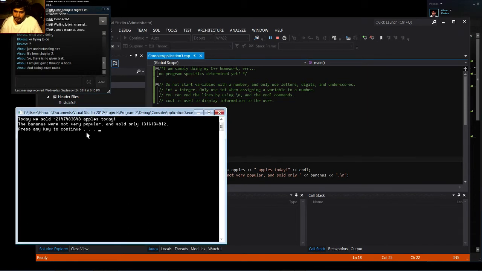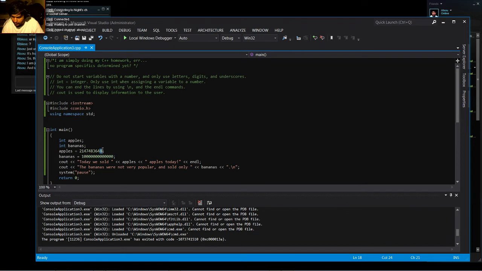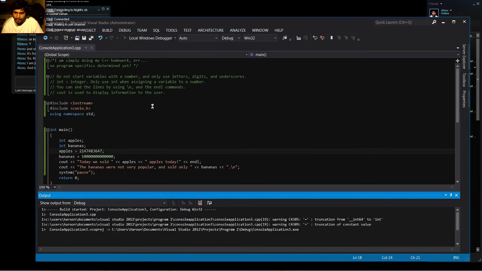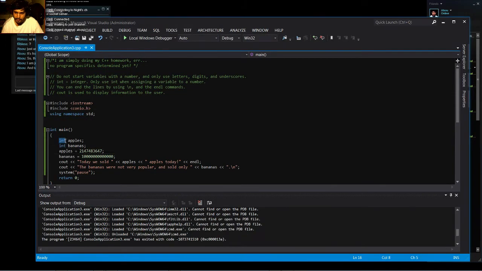Okay, so if you add 1 to this number, it's going to go straight into negative. Now, if I wanted to, I could make this a positive number by changing the 8 to a 7, and it's not going to be negative, it's going to be positive now. So there's a limit to integers. Okay, since there's a limit to integers, there's different types of data types in C++ programming. Depending on the length of the number that you're trying to find, you will need to use a different